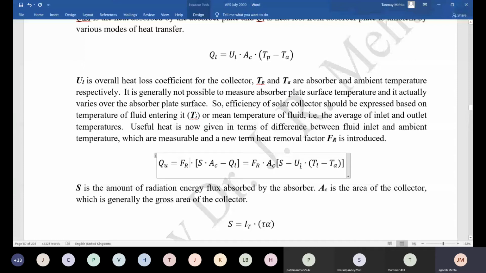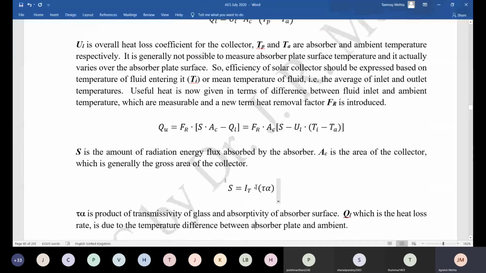So this will be just S, and here what is QL? QL is equal to UL into AC into TP minus TA, but this TP is to be replaced with TI because we have already multiplied this with FR. So AC is taken out, and this is UL into TI minus TA. Okay. Now